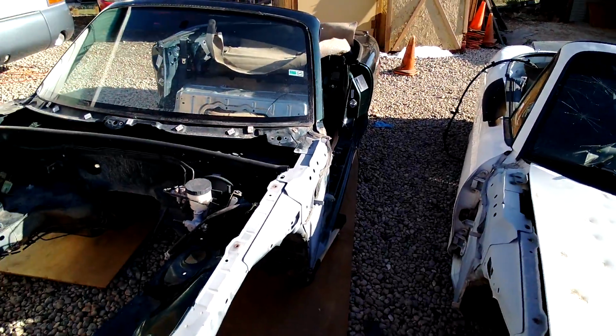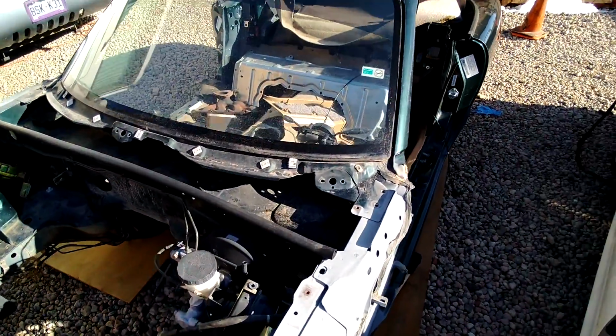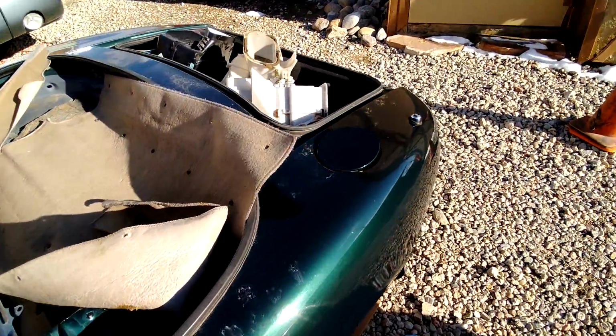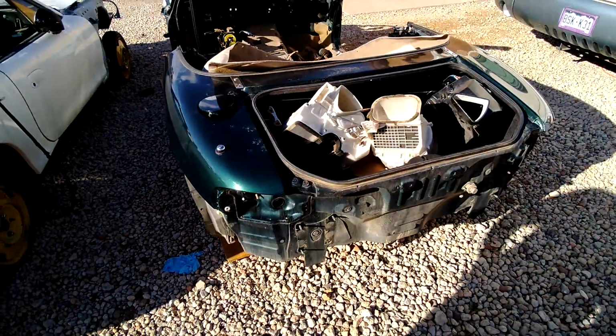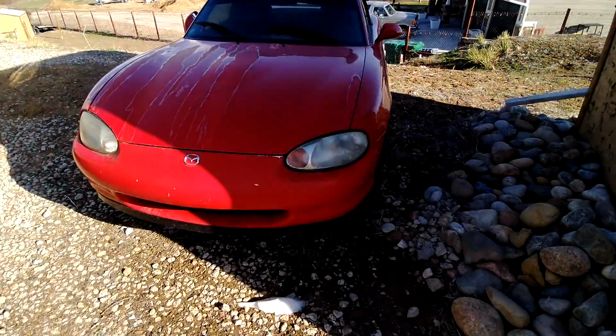On to the green car. We don't really know much about this car except the front end's damaged and it's almost completely stripped before we got it. We're calling it Greenie just because it's green and we have no creativity left after the other Miatas. We're taking everything we can off of it, and it's going to be probably in a junkyard in a few weeks. Now we're on to our latest really good